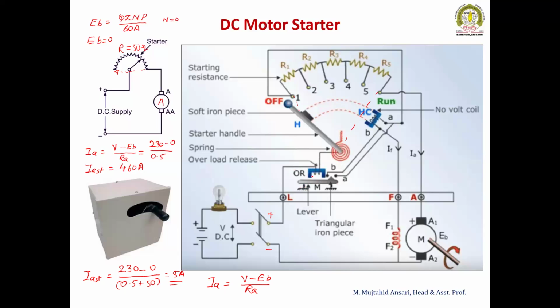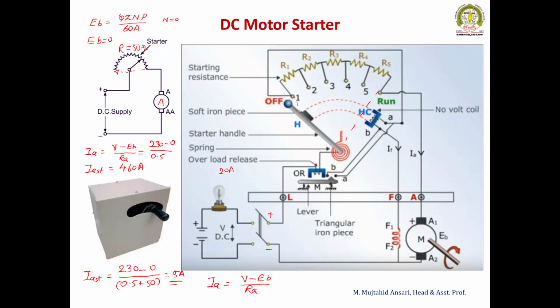So now if the motor current is more than the rated value, say for example, the rated value is 20 ampere and the current is 25 ampere, this plunger picks up this soft iron. This soft iron now makes the short circuit at points B and A. Now see, this point B and A is connected across the holding coil. This holding coil is a soft iron electromagnet which will hold the handle in the on position or run position